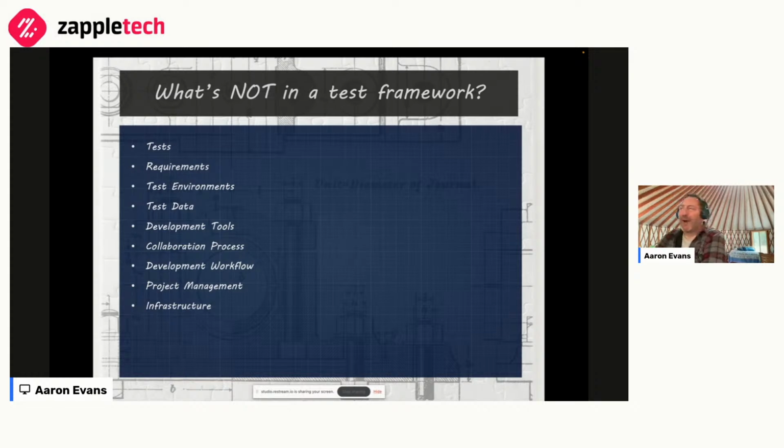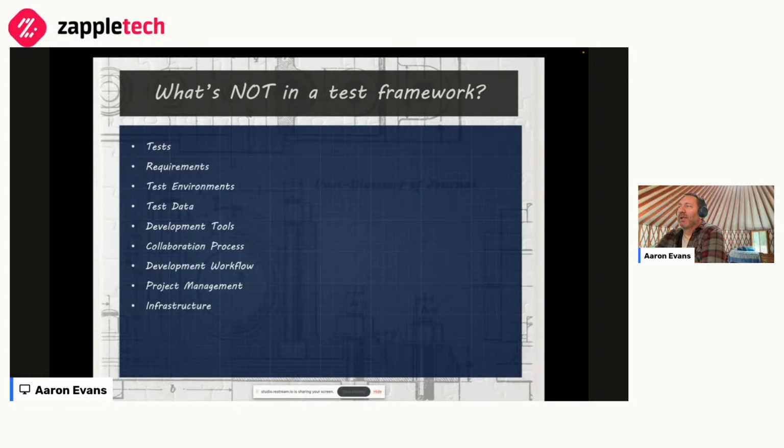The processes for writing tests, the processes for validation and deployment, if they are not tied to your tests or your test framework, that allows you to swap out your test framework, to modify your test framework in place.